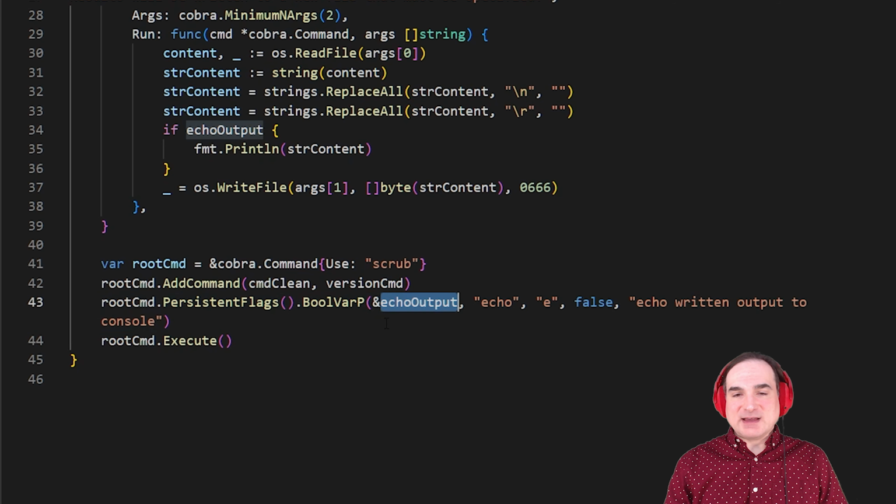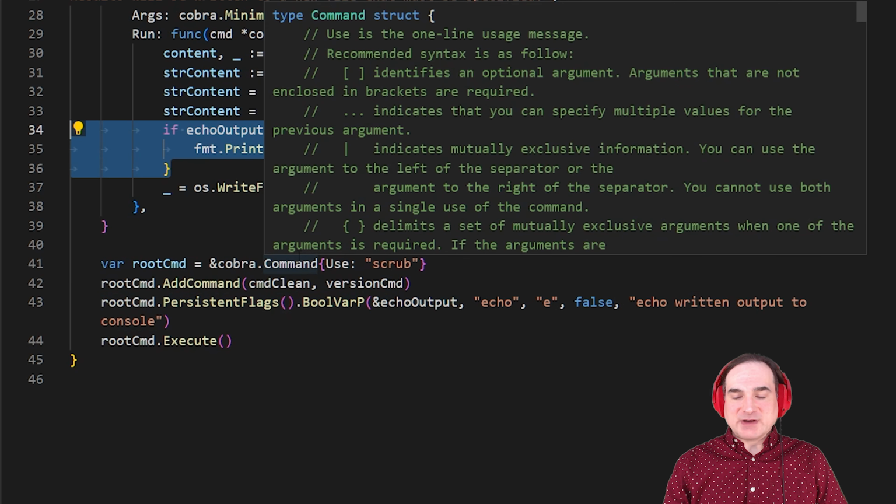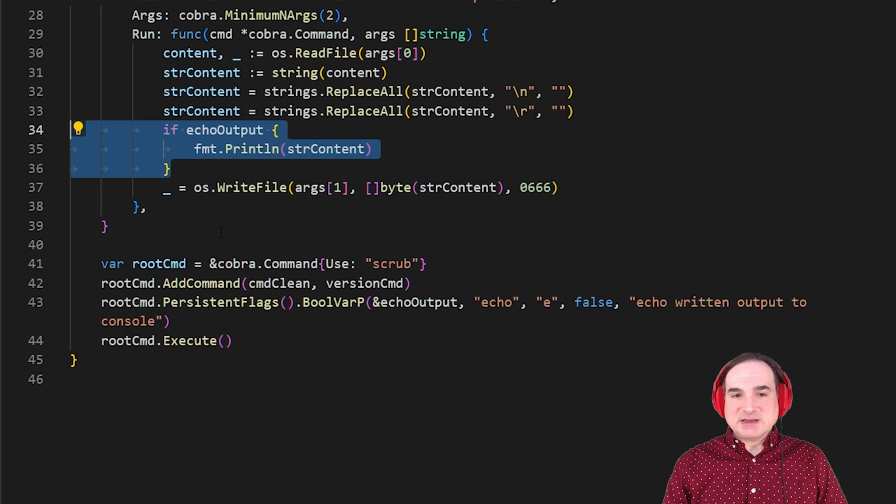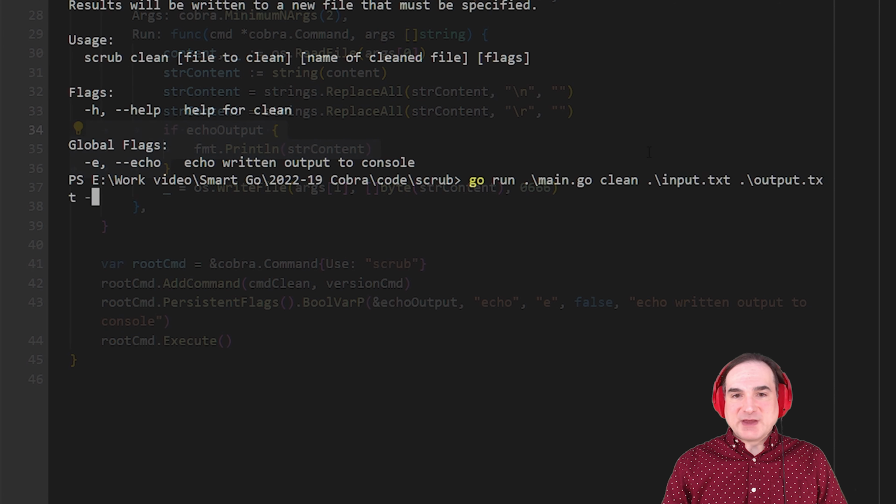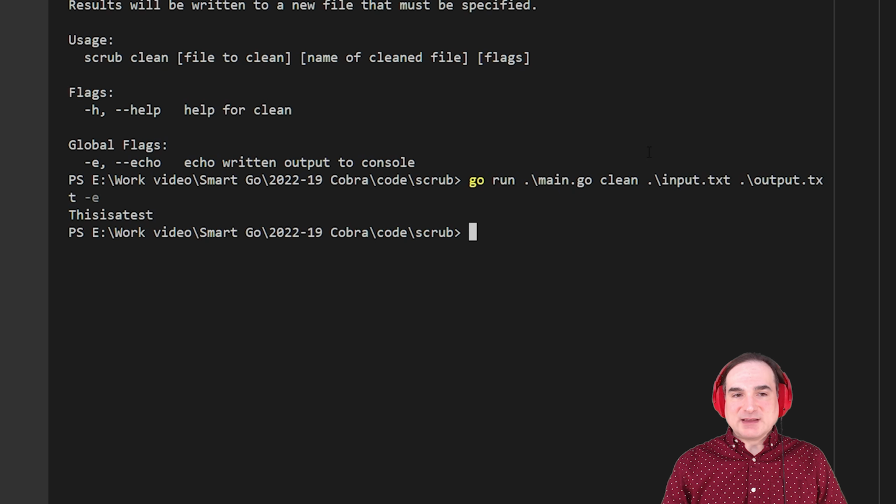So if that flag is set, then the variable echo output is set to true. And so all I need to do is check the status of that variable in my file processing function to take the appropriate action. And so again, if we run this command with the echo flag, we can see that the output gets echoed to the console on demand.